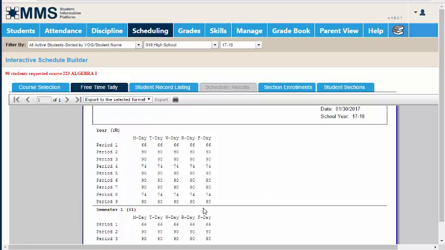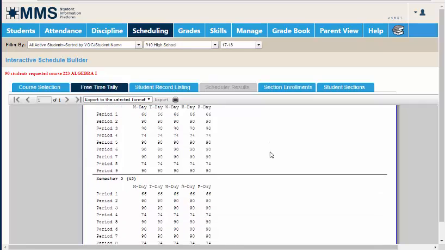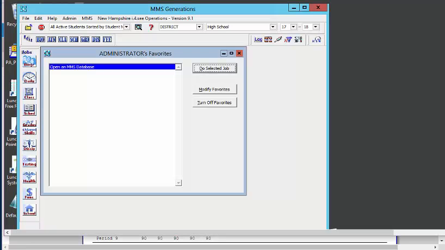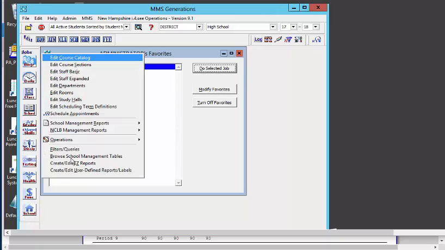So my availability is not 100%, but it is pretty easy to select where I want to have this course scheduled. Now, I am only seeing those three terms. That is set. Which terms you see here is set in MMS Generations. So let me pull that up. And you want to make sure that you are in your same school year. And if you go to School Management Jobs, the little schoolhouse button at the bottom, and click on my Edit